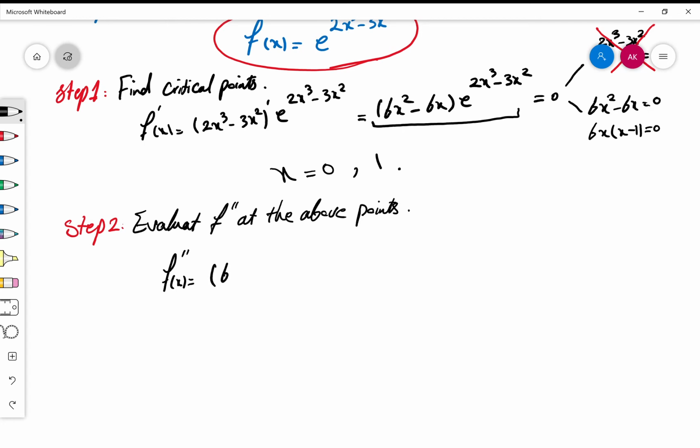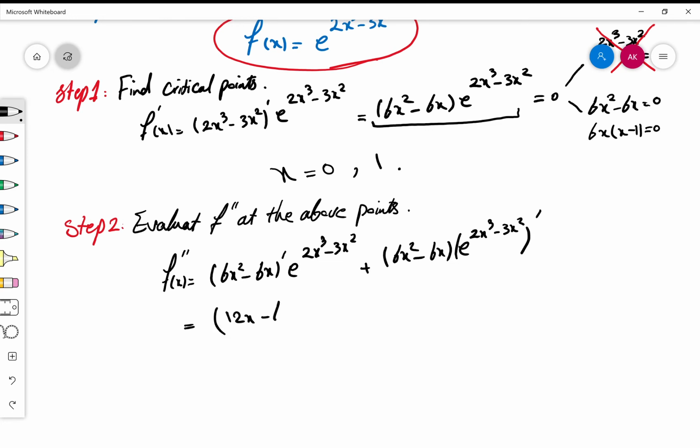So we need the derivative of the first one times the second one plus the first one itself times the derivative of the second one. This gives me 12x minus 6 times e to the power 2x cubed minus 3x squared plus 6x squared minus 6x